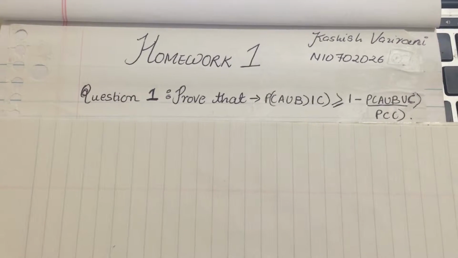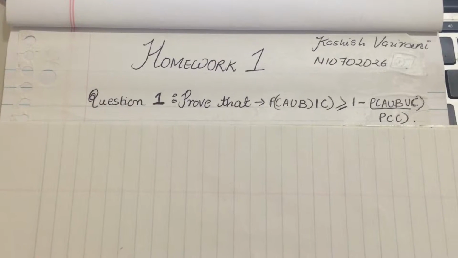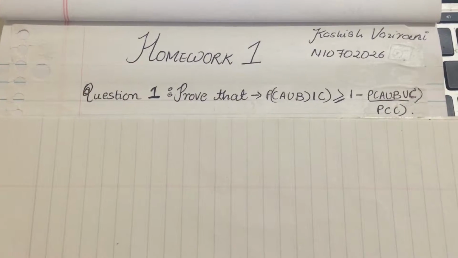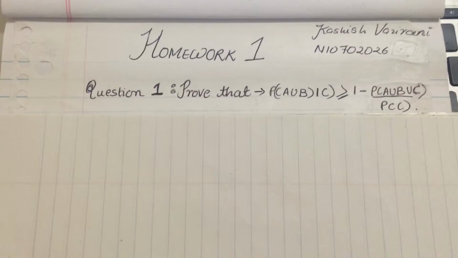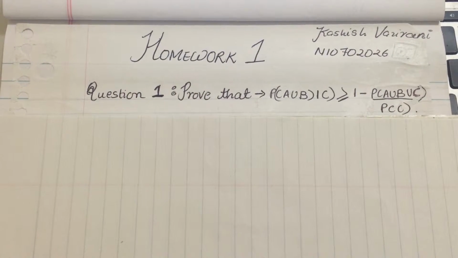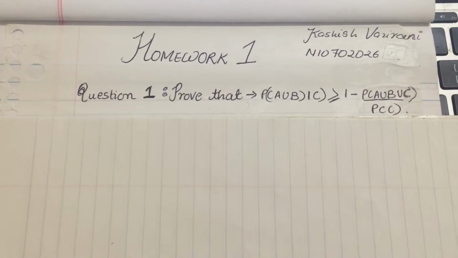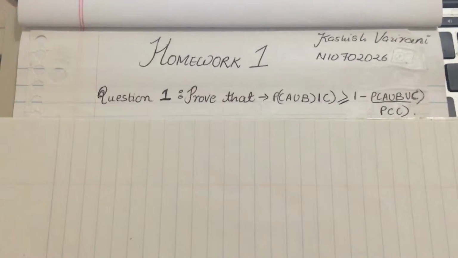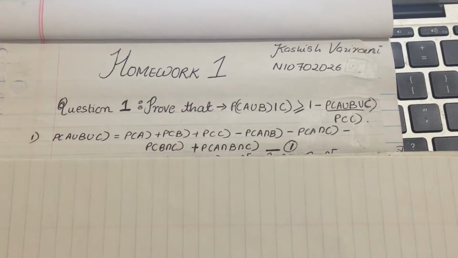EL6303. Today I am going to explain to you question 1 of homework 1, and the question says, for any arbitrary events A, B, C, prove that probability of A union B given C is greater than or equal to probability of A union B union C divided by probability of C. So starting with our first step,